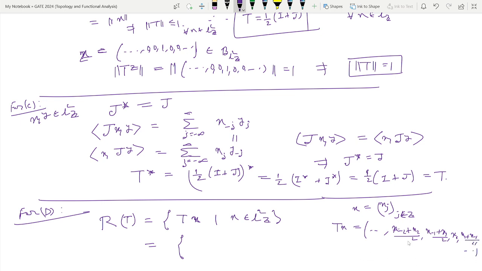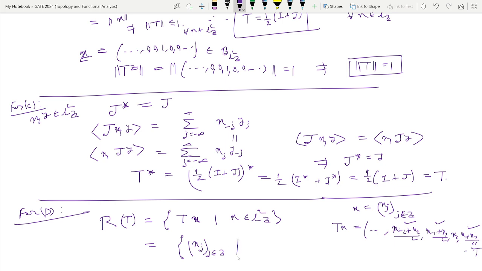So clearly this term and the later term of this are equal. So clearly we can write that Tx looks like this: (x_j), j belongs to Z,